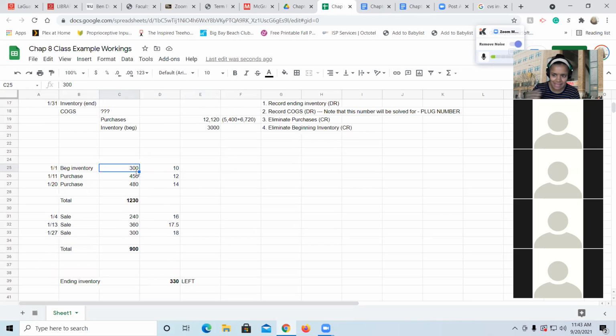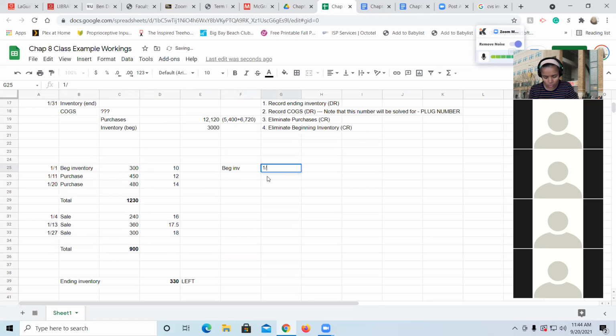Okay, because the first thing to be bought is the first thing to be sold. So out of 300, I sold 240, leaving 60 behind. Let me see what would be a good way to split this. So the beginning inventory